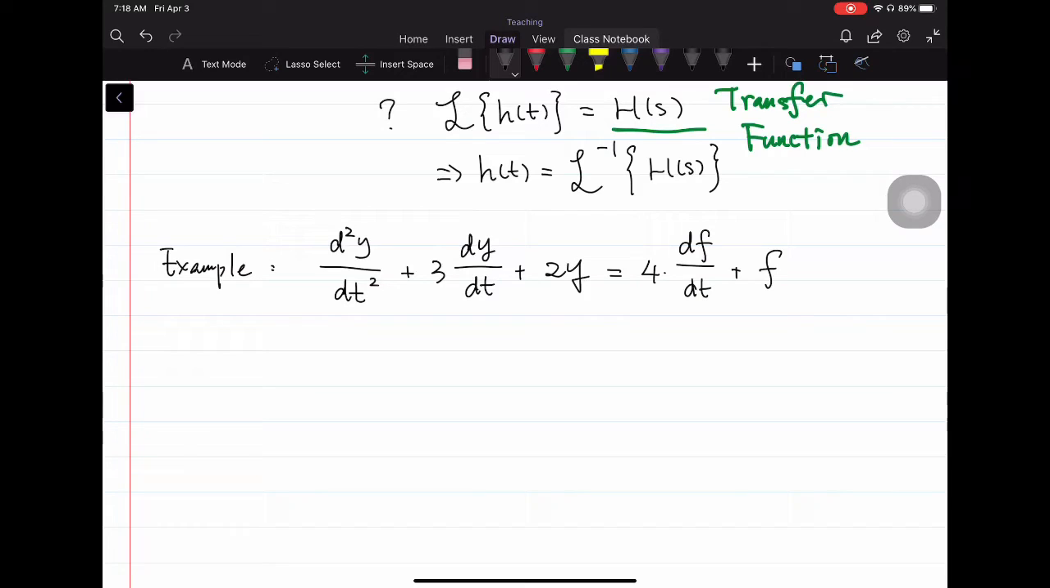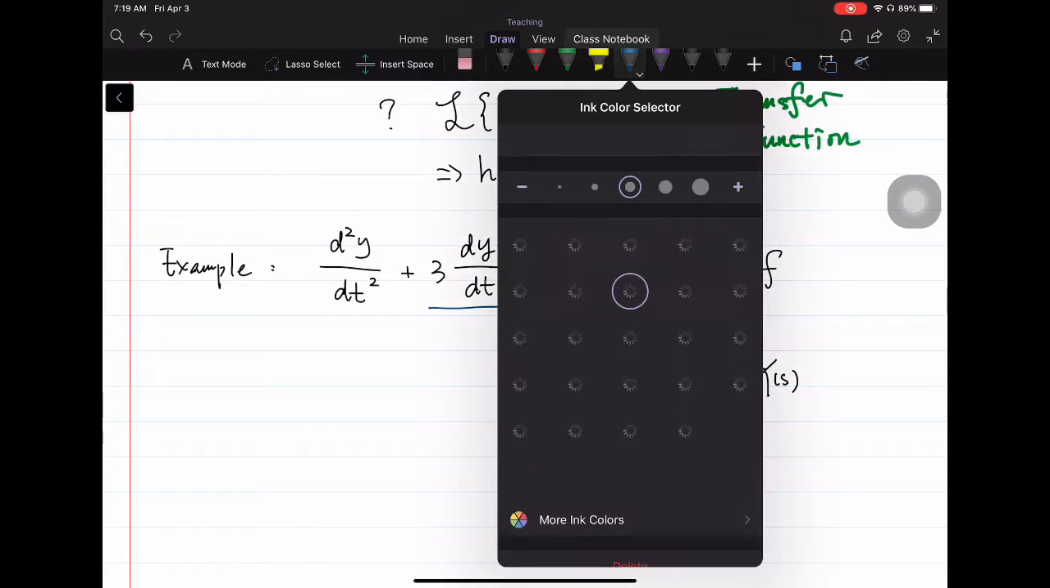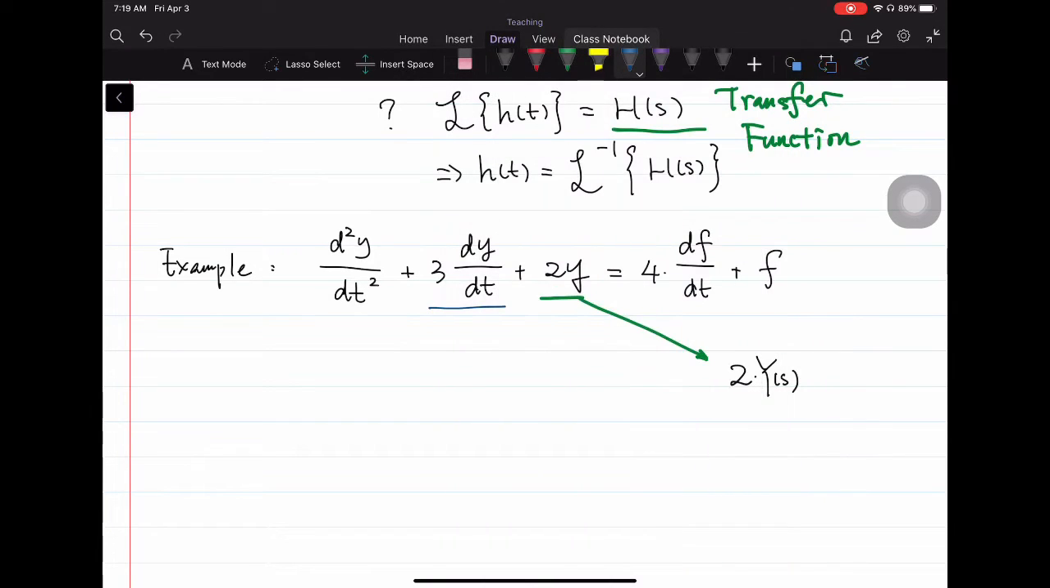What we're going to do is apply Laplace transform on both sides of this differential equation, because each term is a signal. This is the second order derivative, so the left-hand side will be like this. We'll do it from right to left. Do 2y first. If we take the Laplace transform of 2y, it gives 2 times Y of s. Then the Laplace transform of 3 times dy dt,